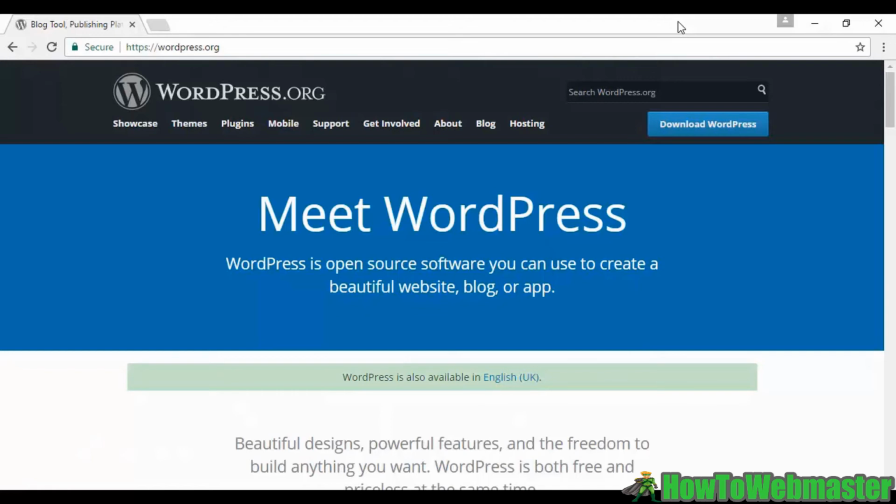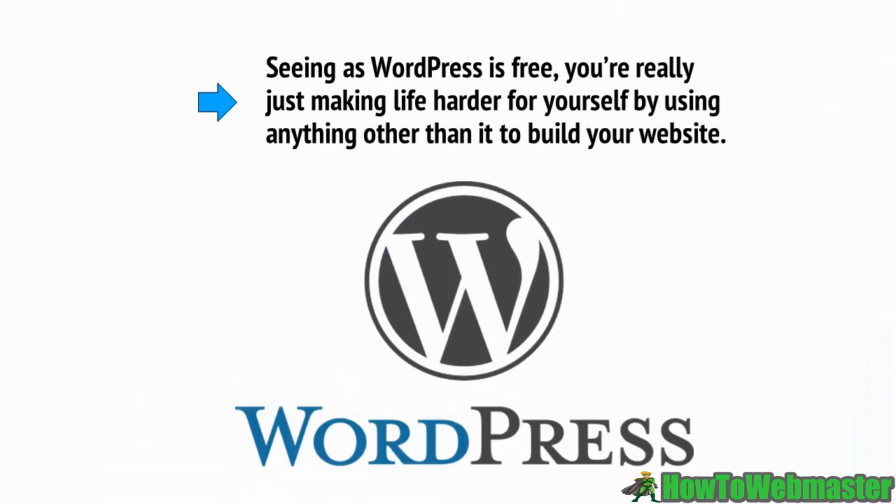There's a massive online community to support your development, and the tool is used by many of the biggest sites on the net, meaning that it is a proven quantity as far as SEO goes. And you can find more here at wordpress.org. Seeing as WordPress is free, you're actually really making life harder for yourself by using anything other than it to